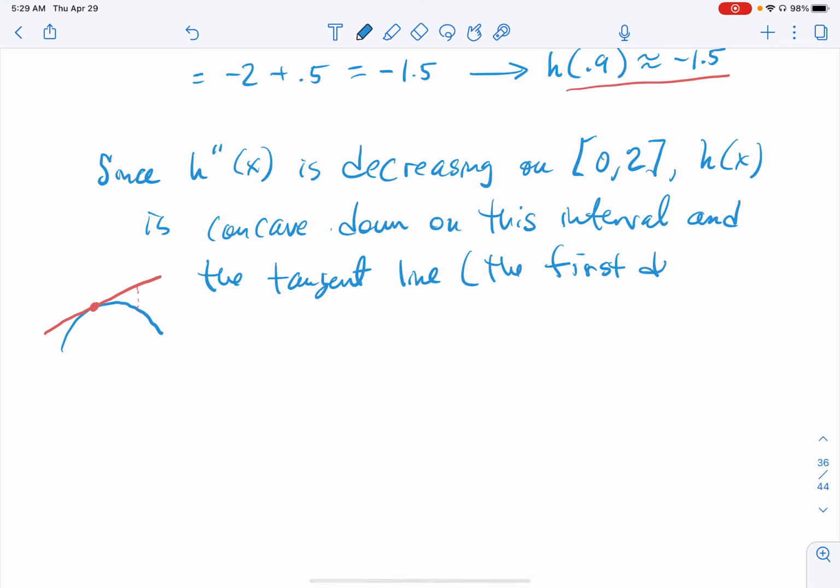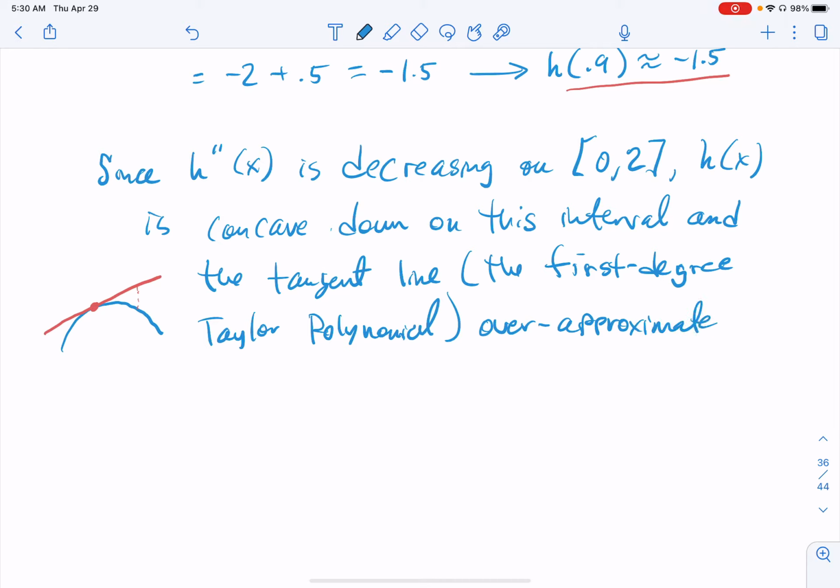The first degree Taylor polynomial. That's an M right there, not a double N. Over approximates